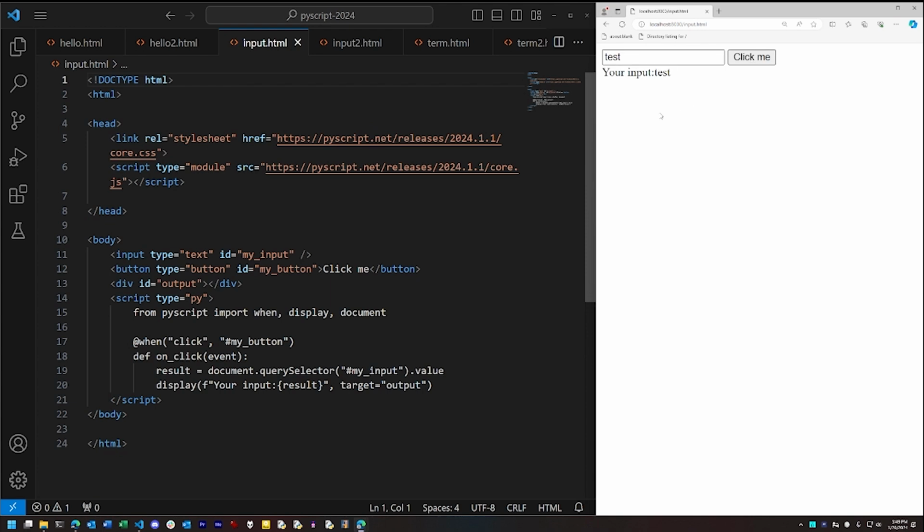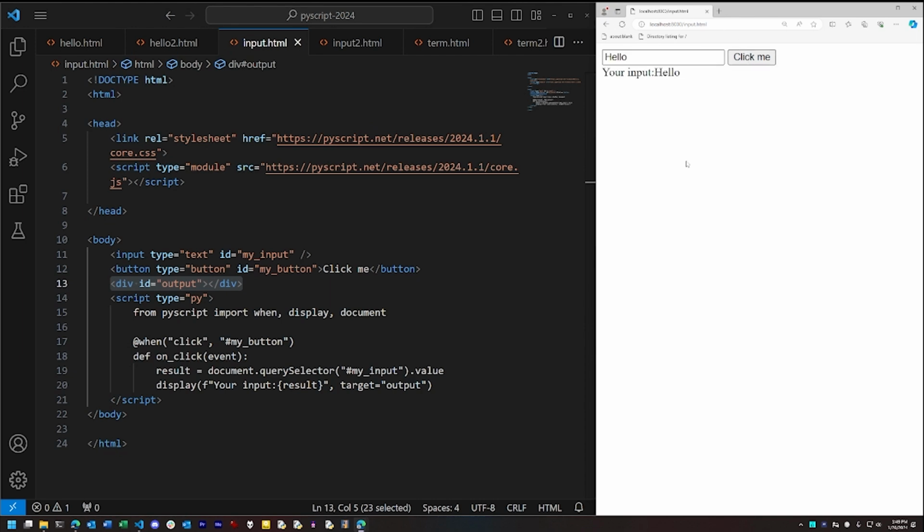The first thing we need to do is register some kind of handler for a button click event. In PyScript, we have the when decorator, which lets us associate a function with a given JavaScript event on a given object. In this case, it's the click action on my button. Next, we want to access the DOM and manipulate it, and that we do through a PyScript import named document, which behaves pretty much like its JavaScript counterpart. So we can use that to get the value of the input field, and then we can use display to write that value back to the inner HTML of the div. So when we run this, as you can see, we can type whatever we want in the text field and process it, and all that processing is done in Python.